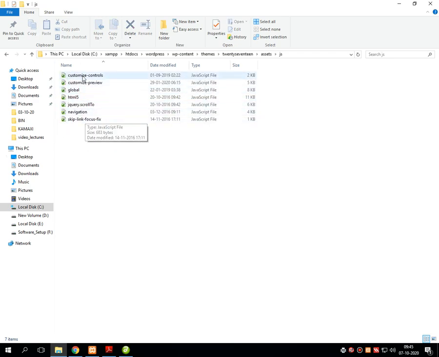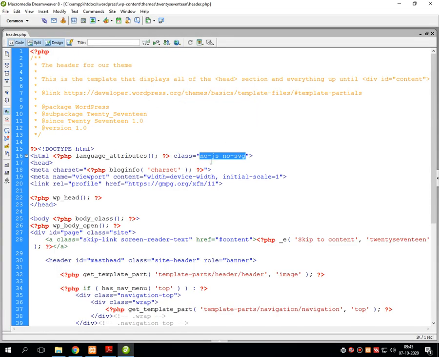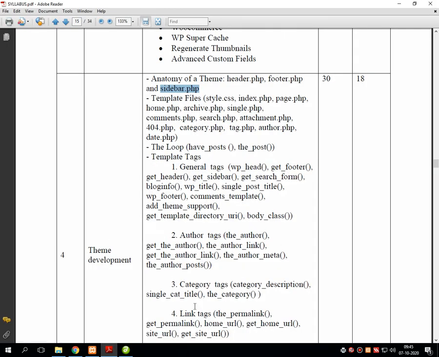Right now we will not focus more on these also, because this theme is already designed by the professionals of WordPress developers.